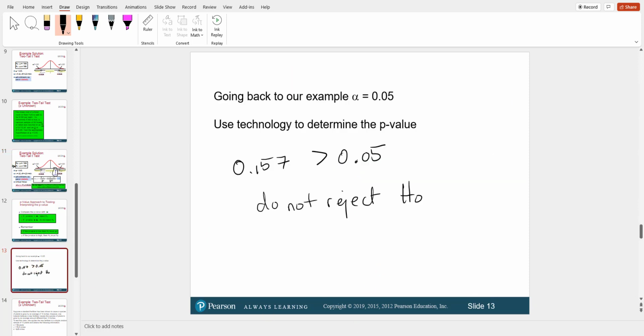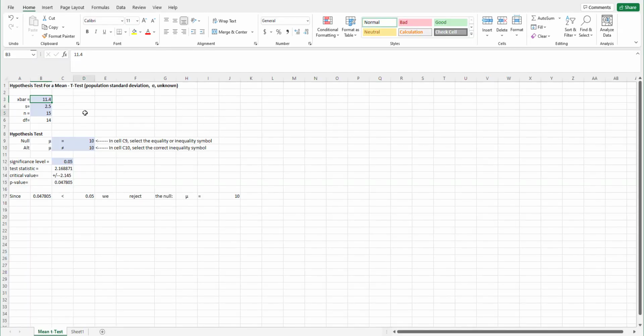If you want to use my Excel template, you're going to have to type in the information highlighted in the blue boxes. So we're going to have to type in our X bar, our standard deviation, our sample size, and then we have to type in the actual test. We were testing 168. So you're going to have to type it in both of these boxes. Now with my template,